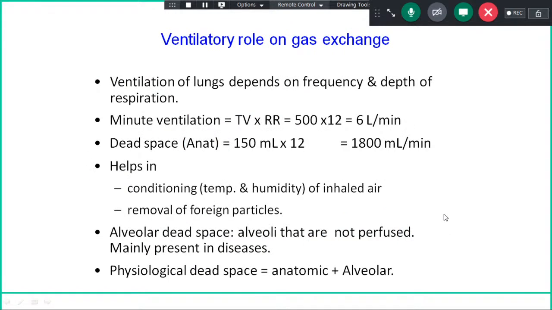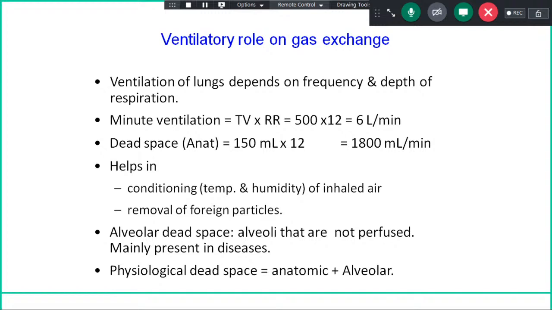So this is what I have told you, the main points today in the class, that is ventilation of the lungs depends upon the frequency and depth. Minute ventilation is 6 liters, of which dead space ventilation is approximately 1800, the rest goes to alveolar ventilation. The dead space ventilation's main role is removal of the foreign particles and conditioning of the inhaled air. So it is not that we waste 150 ml, it is not being wasted, it is preparing the air for